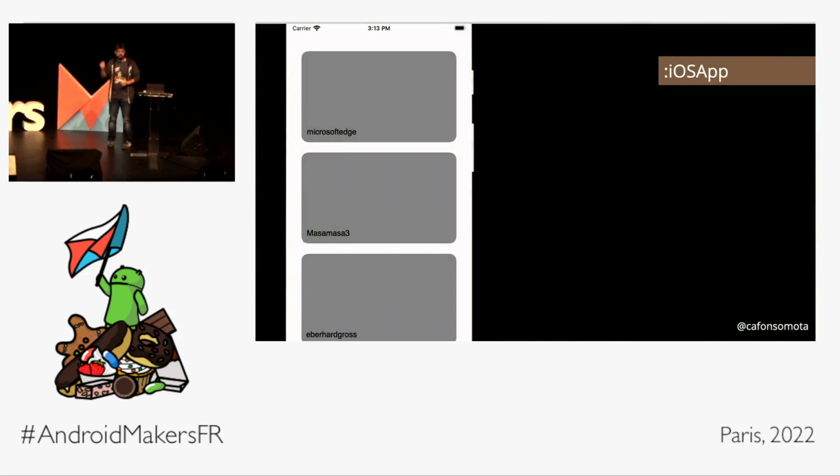Yeah. This is Compose for iOS. It's still in its early stages, but you can start having it. There's still no proper way to load images or to fetch images from the web, nor even locally. But it's the beginning, and it's great to see that there is someone also trying to have it on iOS.